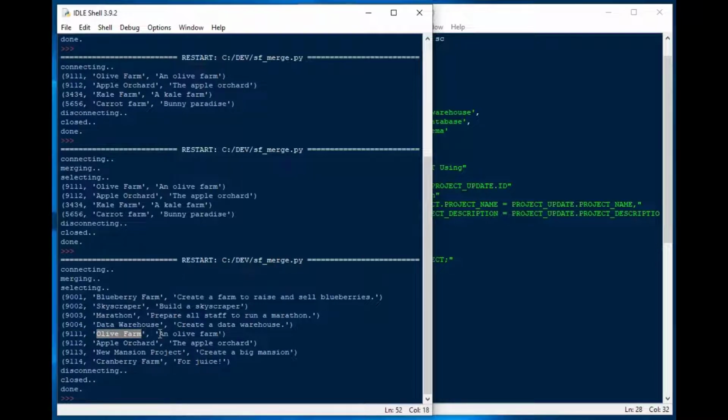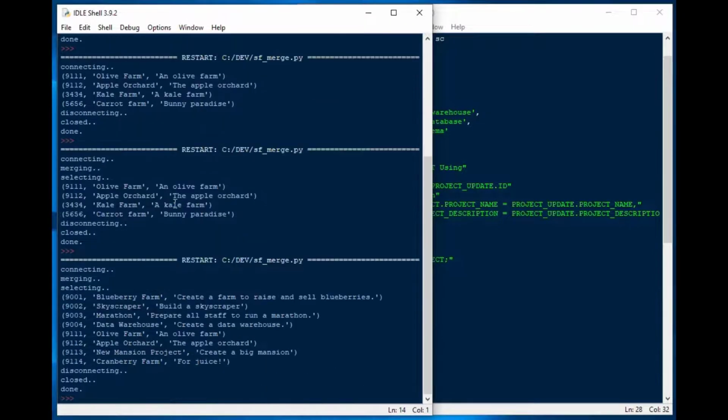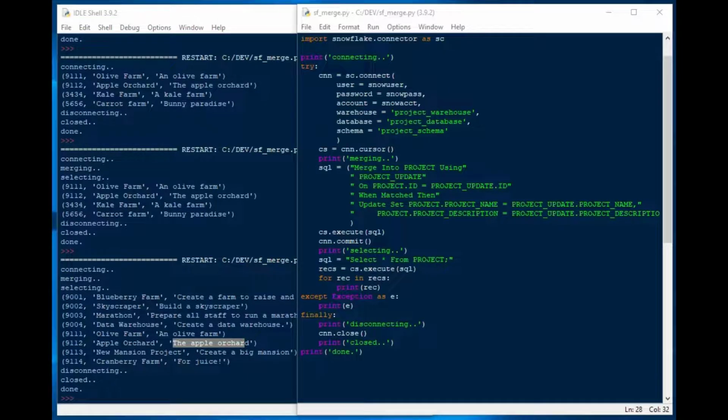So there's our olive farm, and it's changed to an olive farm from create an olive farm, which is what it was before. And that's based off of that ID change there. And 9112 says the apple orchard now, where it used to say something different. And so,